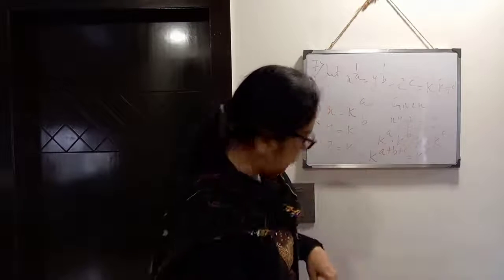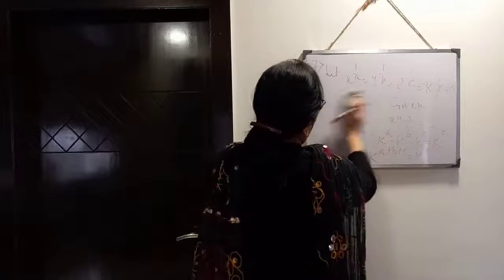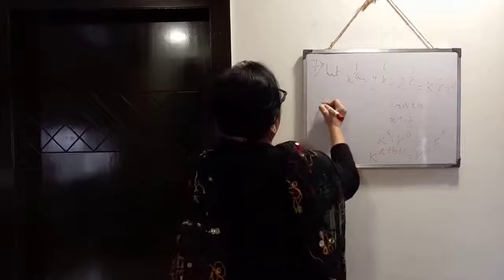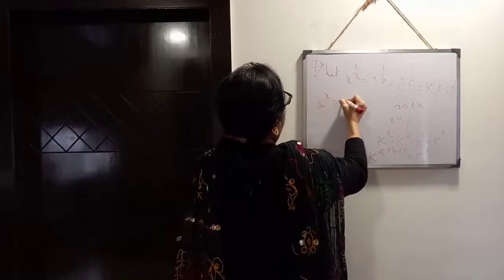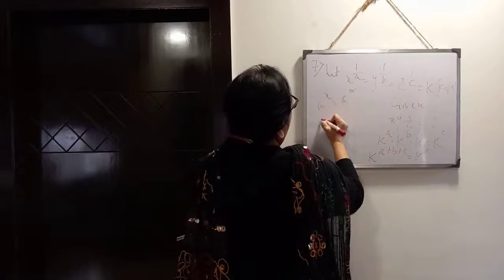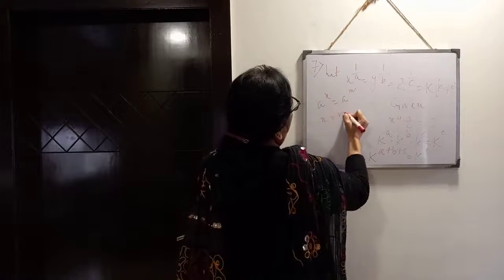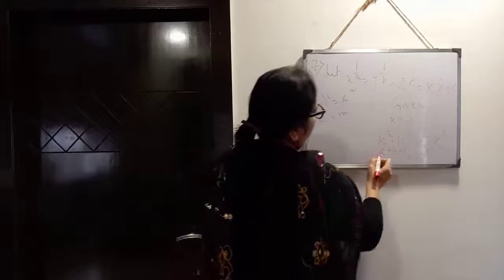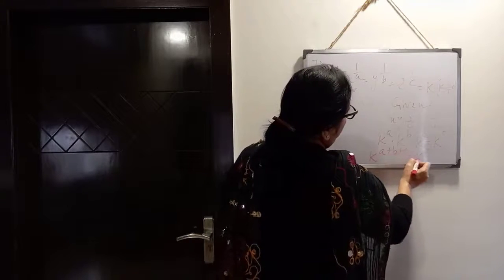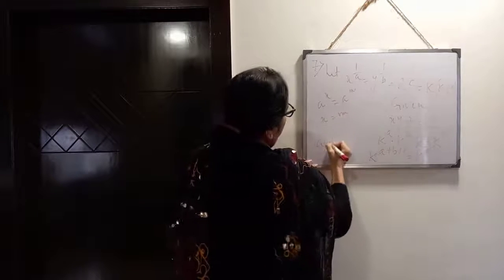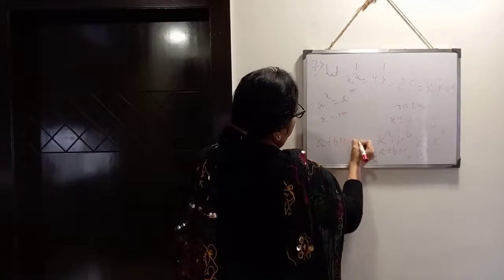Now another thing. This one I have not told in the previous sum as we have not applied. If a to the power x equals a to the power m, then same base, then we can equate the power. Clear? Then we can write x equals m. Here also k to the power a plus b plus c equals k to the power 0. So same base we can equate the power a plus b plus c.